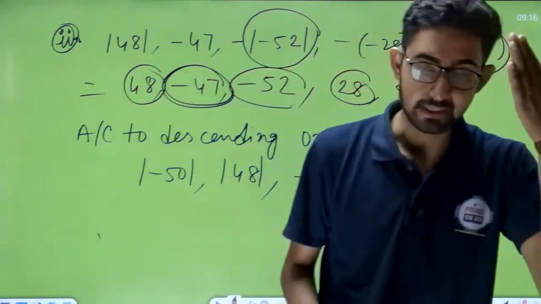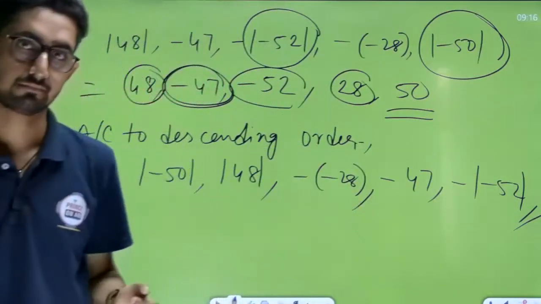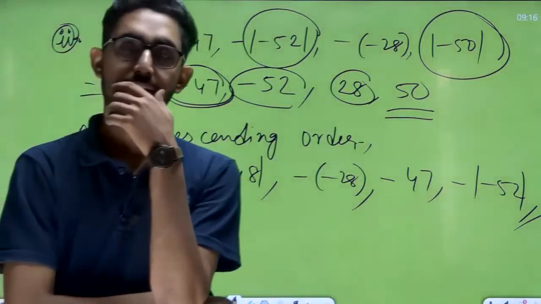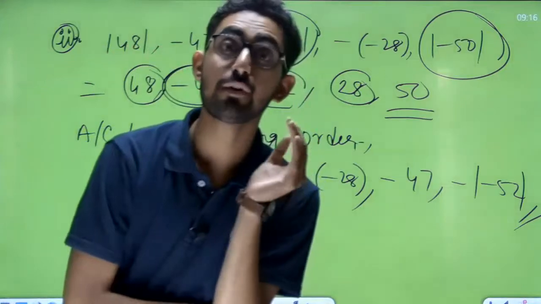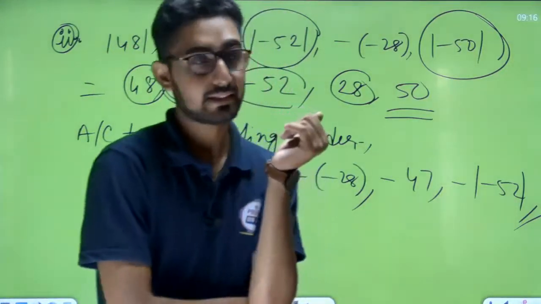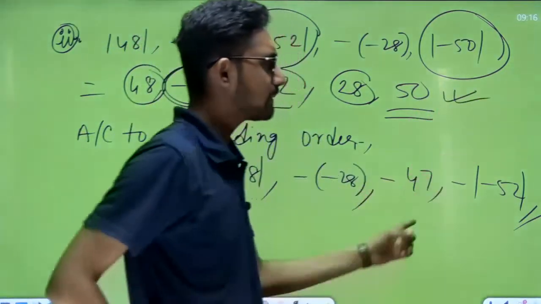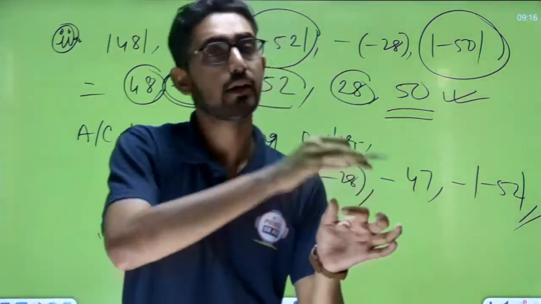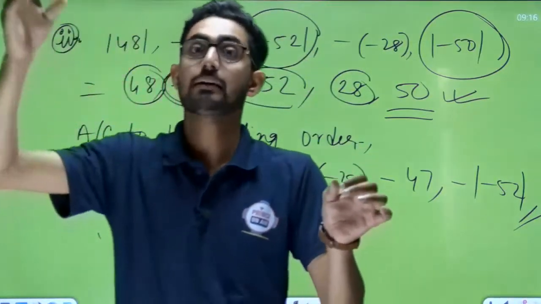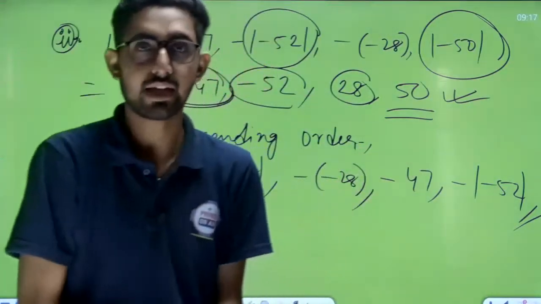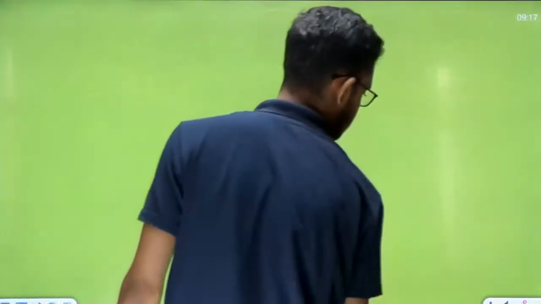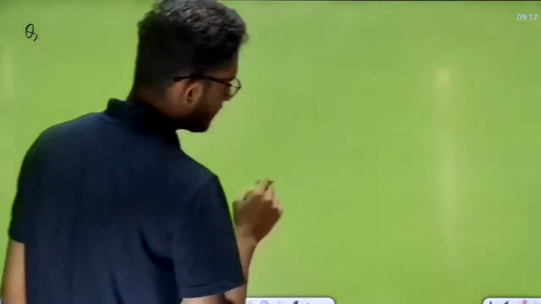Now we will solve the next similar question. First of all, check this question properly. Okay, now in a similar question we have to solve in ascending order. Means this step is obviously the same, but इसमें क्या करना पड़ेगा? Smaller to bigger we have to write down. Whatever smallest number is there, first of all write it down, then bigger, then bigger, like this you have to. Okay, so let's see question number 14. Question number 14 or 15? 15 is there.